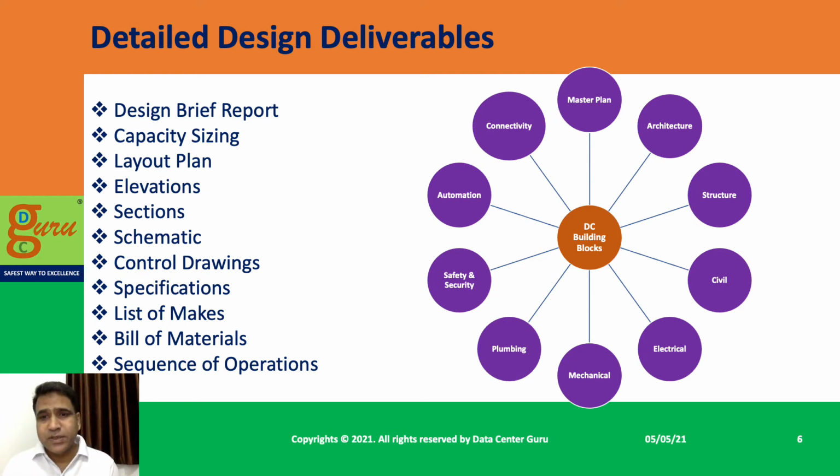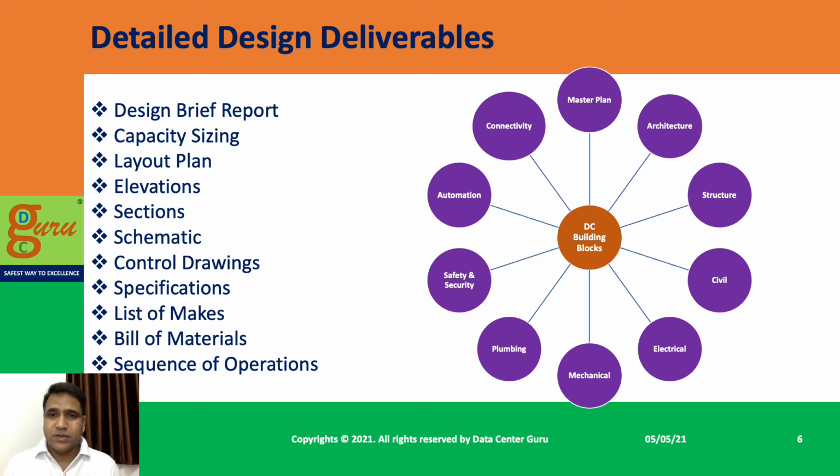Second part is capacity sizing. The first thing to start with is each and every building block, obviously based on the final IT load which is identified. So based on that IT load, there has to be a reverse calculation for each and every system and subsystem across the building blocks, and that's what the capacity sizing is. That specific building block has to provide the required level of performance to support the required IT load which is set.